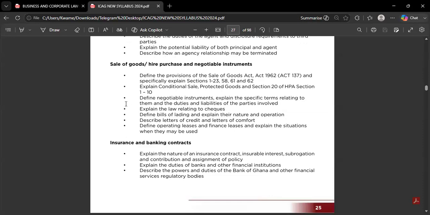So for sale of goods, we have laws that even define what a good is. Under the law, a good has to do with a tangible, movable item, something that we can see and that can be moved. That's what is defined as a good. And with a good, we have a buyer and we have a seller.